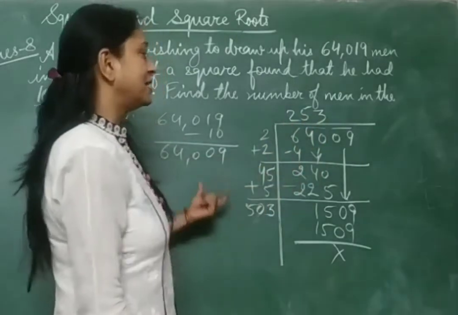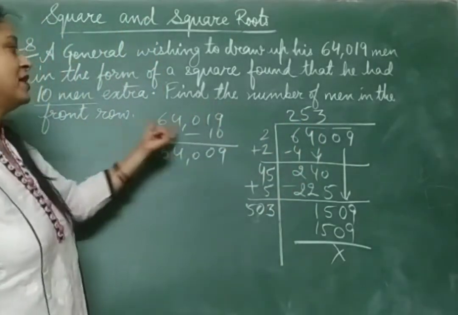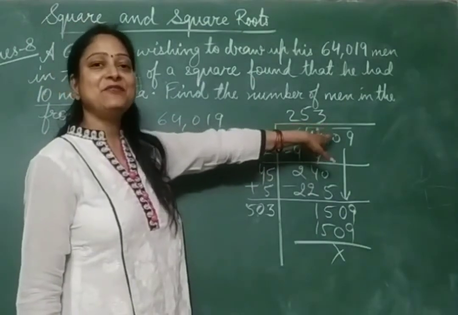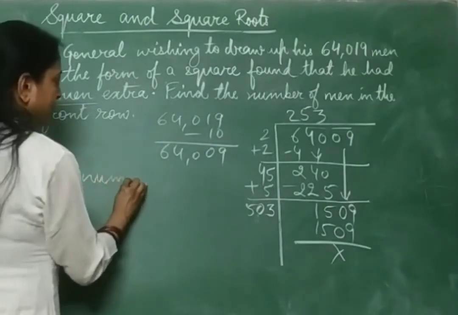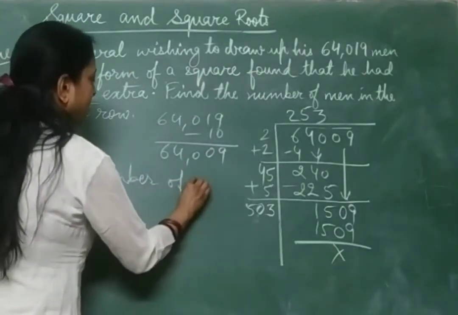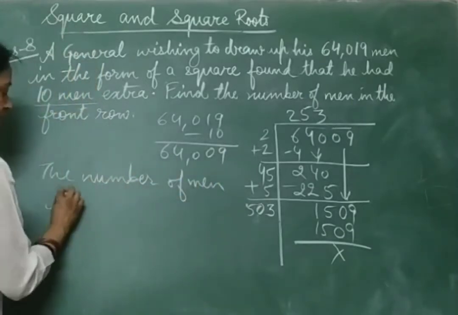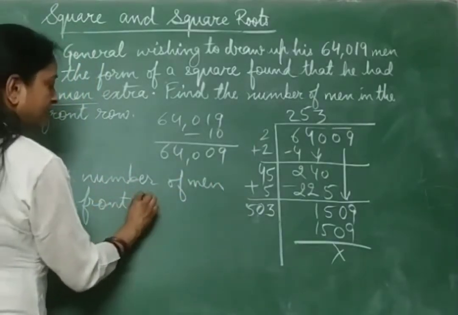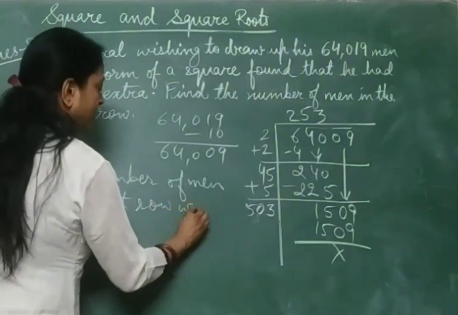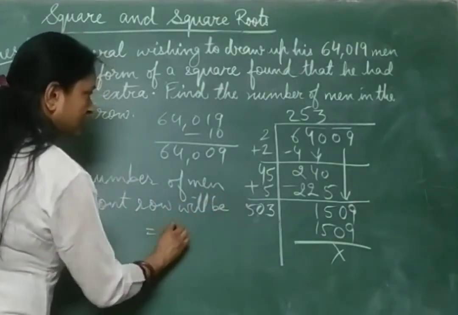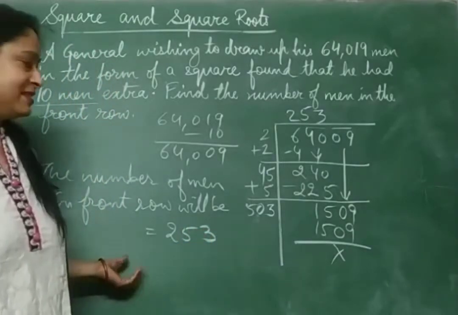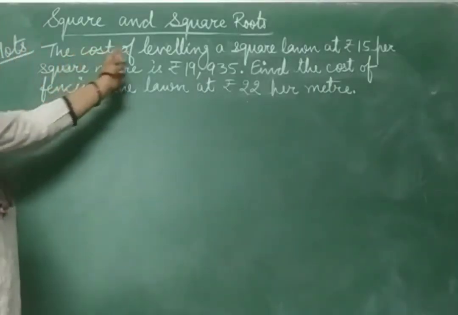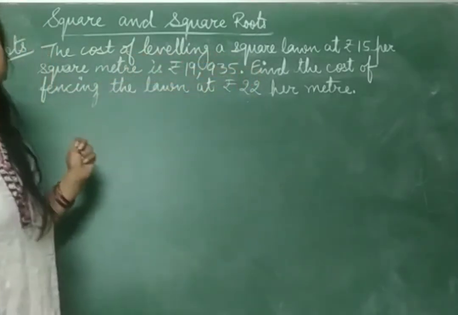So we come to know that the number of men in the front row will be 253. So you can write in the statement: the number of men in the front row will be equal to 253. Okay? Dear students, in the next question, the cost of leveling a square lawn at rupees 15 per square meter is rupees